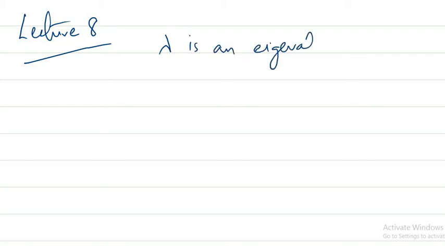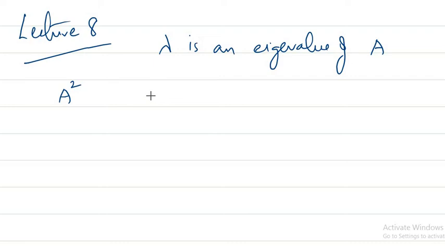If you see the lecture 8 in this series, where I've given a problem, I started with a problem of eigenvalues. I just wanted to discuss something like that. If you know that lambda is an eigenvalue of a matrix A, suppose, then what can you tell about the eigenvalue of A square? So that is the question.